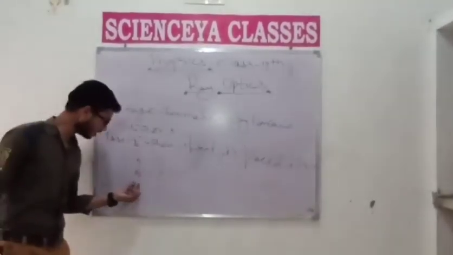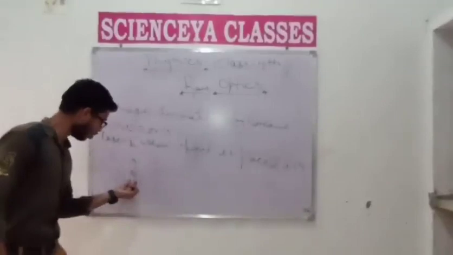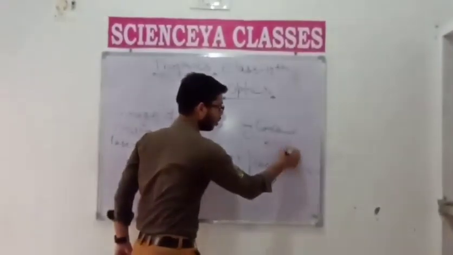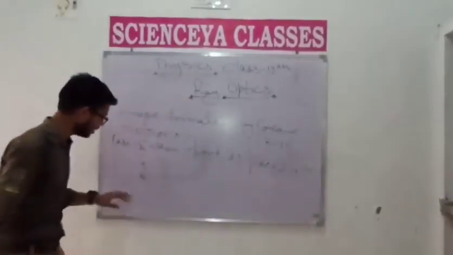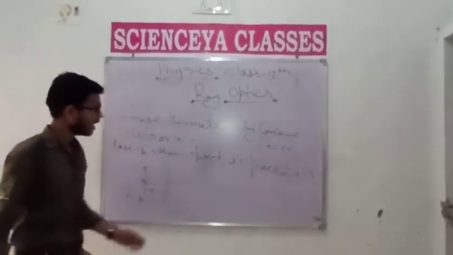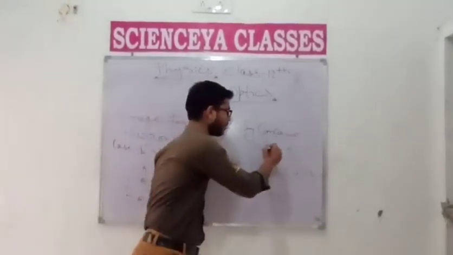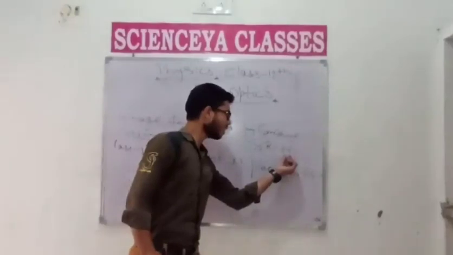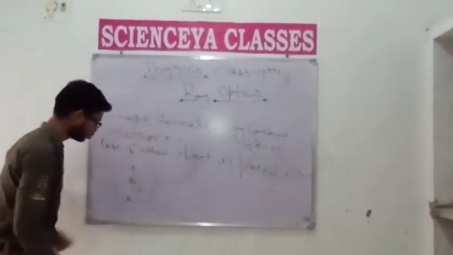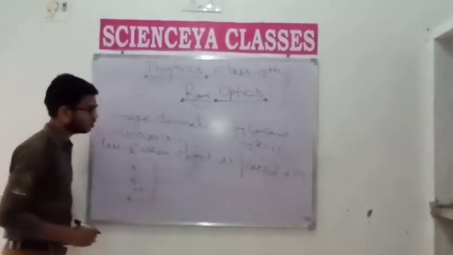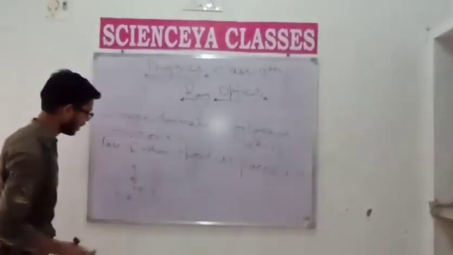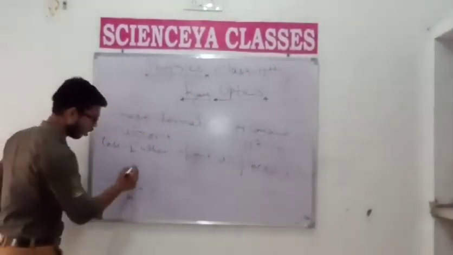And student, note one thing here: I always draw the focus at half of the radius. This is the focal length, and this is the radius of curvature. This is the relation we will derive in our upcoming lectures: twice the focal length is equal to the radius of curvature. Okay student? So when drawing the diagrams, you must follow this formula to get a perfect image of the object.